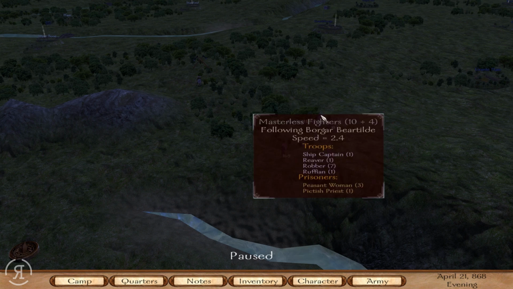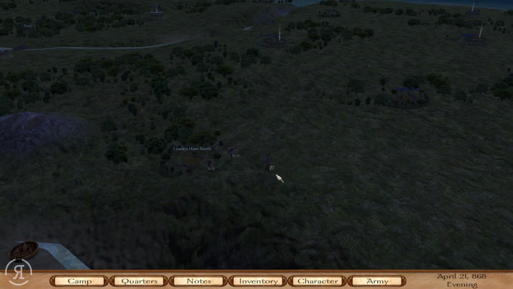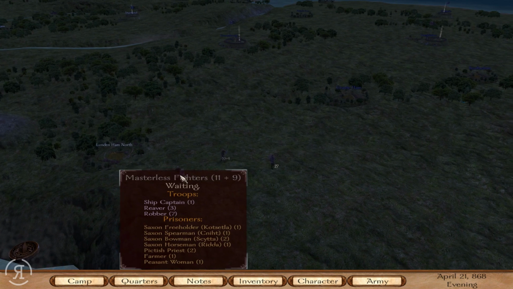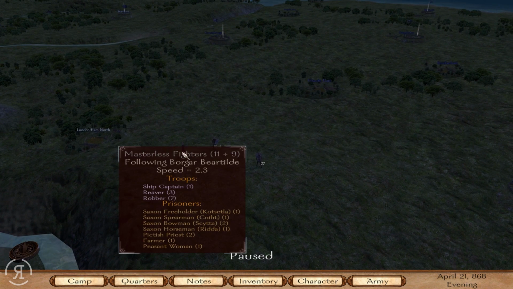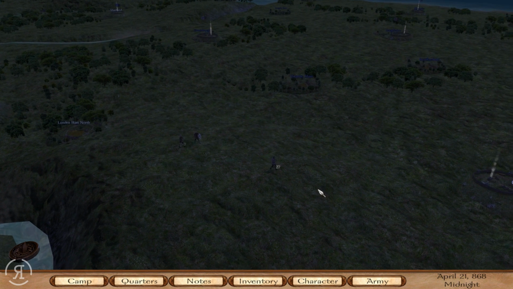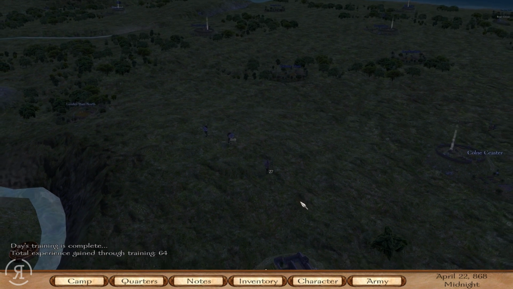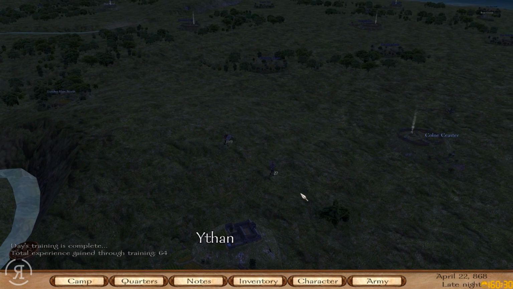Oh my, we're having some difficulties here. Okay, so wait a minute. We have an opportunity. I'm actually very interested in taking on these masterless fighters because they have 9 prisoners, and among them they have some Saxon horsemen. I think that it could actually be rather fruitful for us, but we're gonna just take a look here and see if we can lure them away from their reinforcements. I'm pretty sure they're going to be able to group up together against us, but if we are...